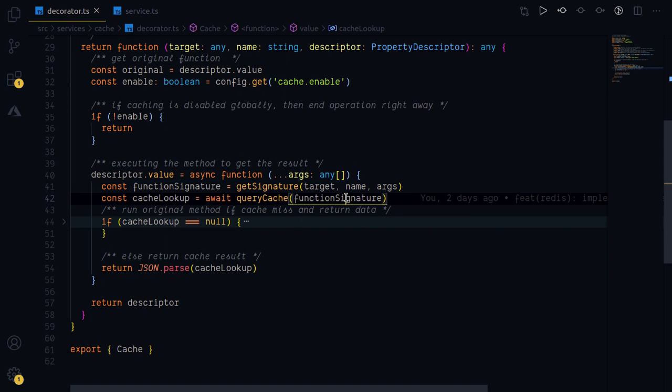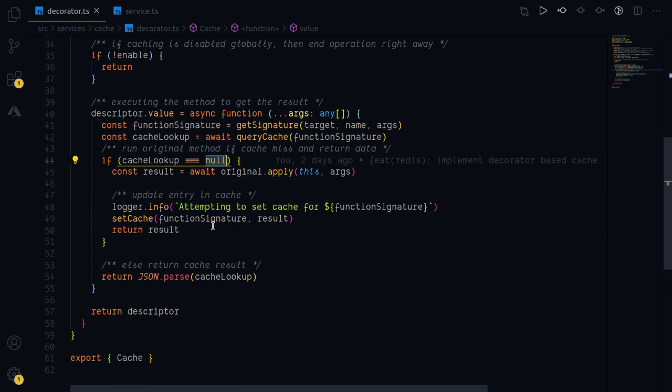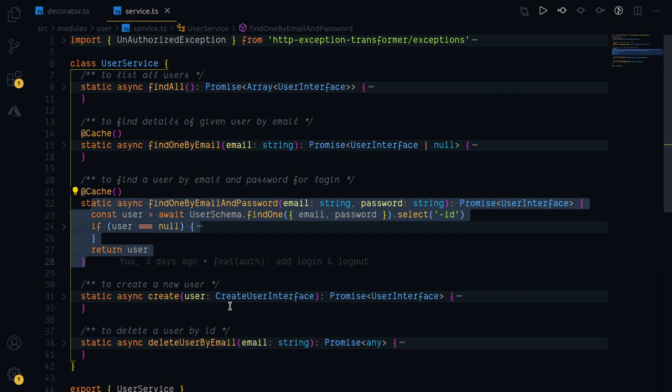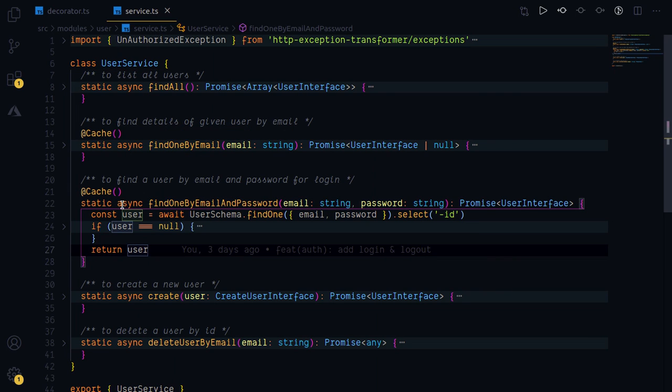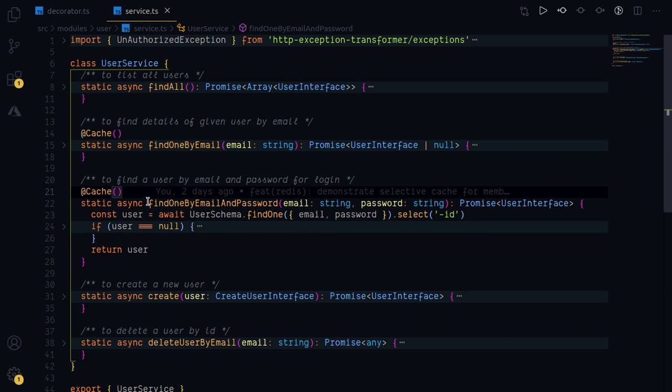It checks if this particular function signature already exists in the cache, and if it's null, which means that now we need to do a db call, then we run the original function with these arguments. So the signature of this function contains the function name and the argument values.